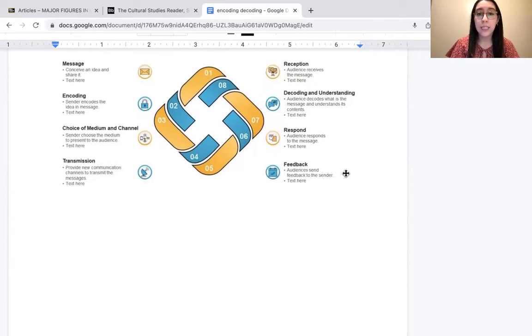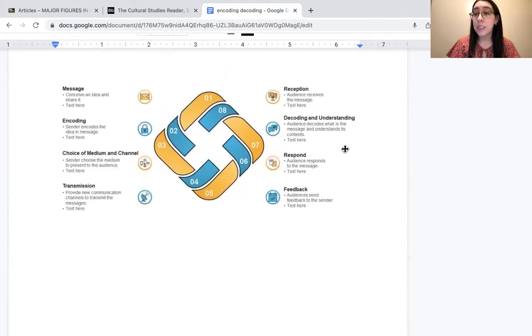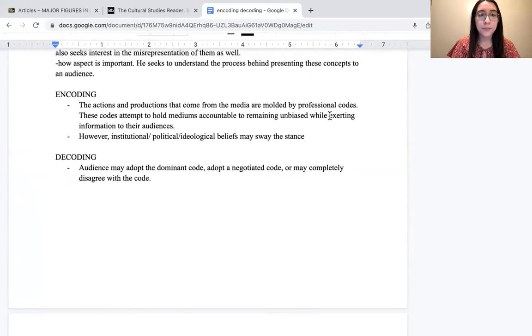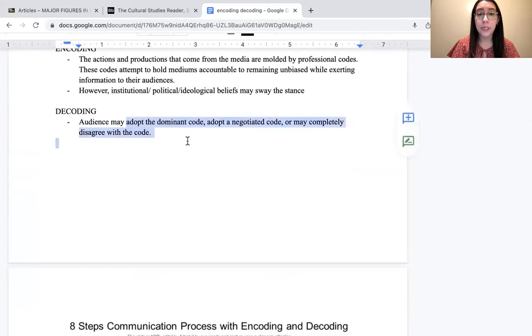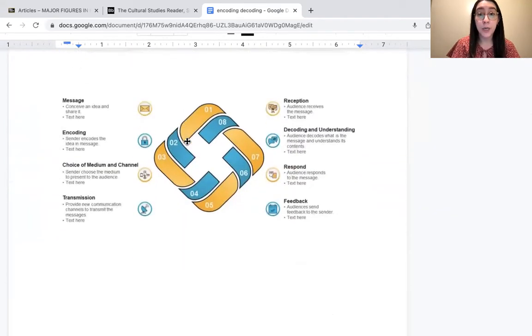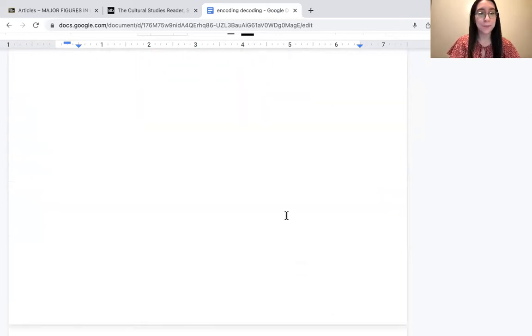And now we're going into responding to the message. So this is how I mentioned up here, back to those 3 ways of adoption. Are we going to adopt it? Are we going to push back and rebuttal? And then lastly, we give feedback. So kind of the next step on whether or not we agree, whether or not we choose to adopt or push it away. This is kind of where the feedback aspect comes into play.